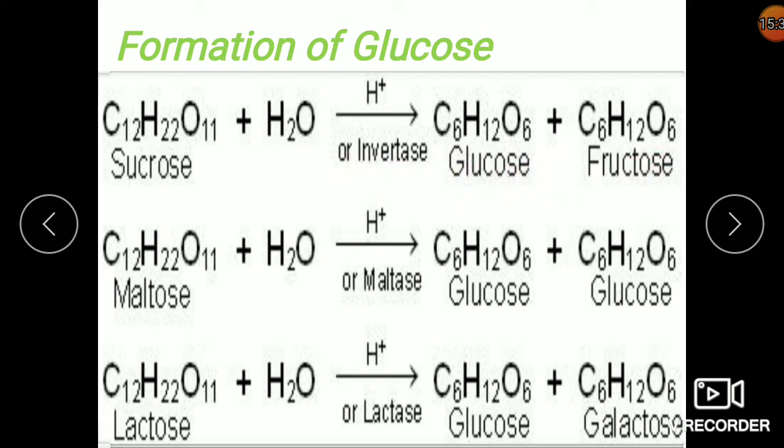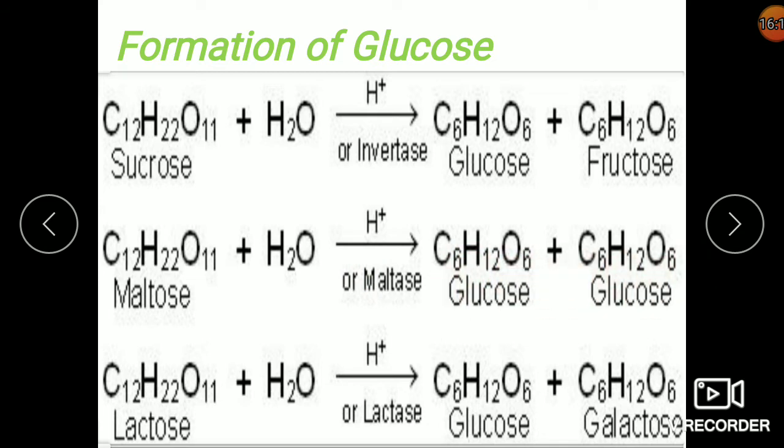See the reaction, what is happening here? We have chosen C12H22O11. Here we are adding H2O. So the formula will become C12H24O12 after adding water. Now once you get that C12H24O12, you break it into half. So what you'll be getting? You'll be getting 2 C6H12O6. Do remember one thing, all the reactions happen in the same way. You'll be taking this C12H22O11, adding water, and you'll get the same thing.